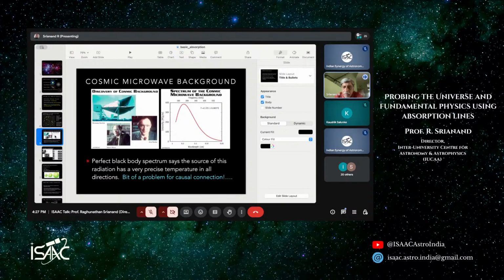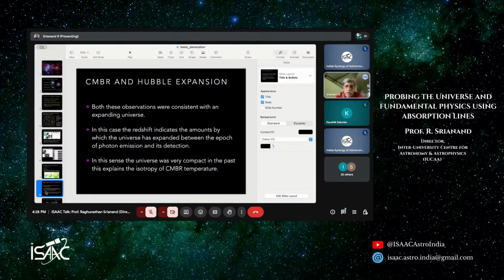What happens in the Big Bang model? We believe that the universe is expanding as we go along in timeline, which means that if you go back in time, the universe will be smaller and smaller. And you know that when you squeeze matter into a smaller and smaller region, the density goes up. Because density goes up, energy density goes up. So that is the situation. You can actually imagine that there could be a day when matter, radiation, everything is compressed to a smaller volume. So they could exist in an equilibrium scenario. So this is kind of a picture which we developed to study this.